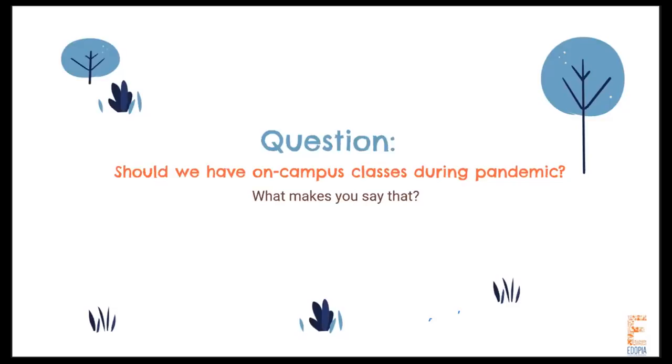Can you give a proof or evidence of your answer, or make sure that it's true? For example, you can say that coming to campus on ground might further spread the disease. So you can cite the evidence from any online resource or from an article or newspaper or even a documentary, and then further explain your answer. Basically, you have to extend your thinking and tell how the evidence supports what you think.